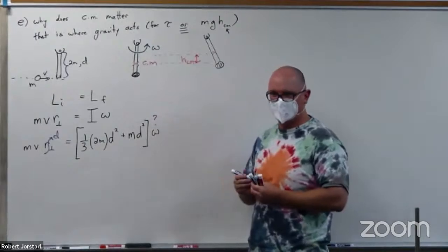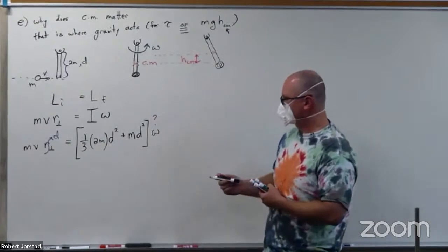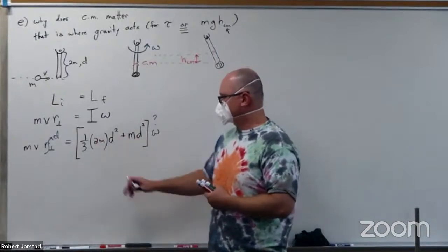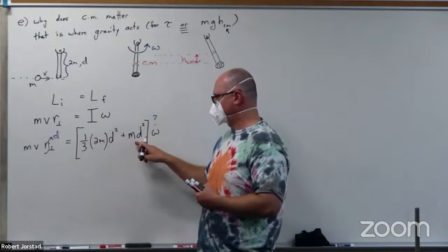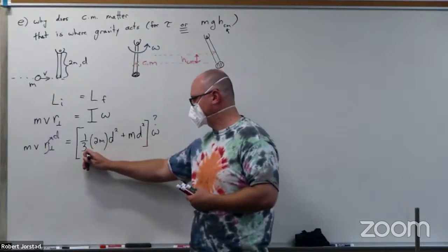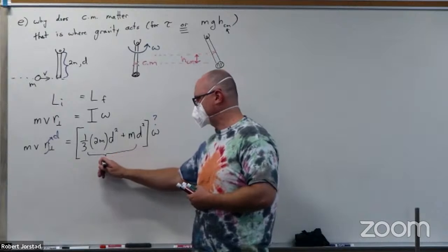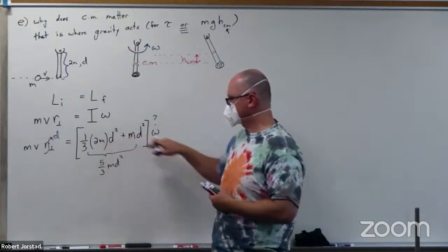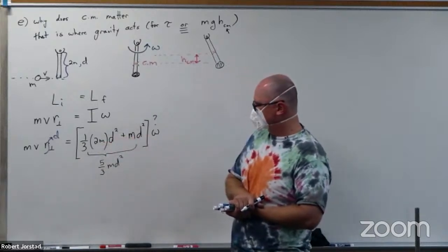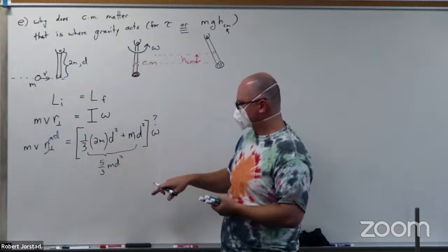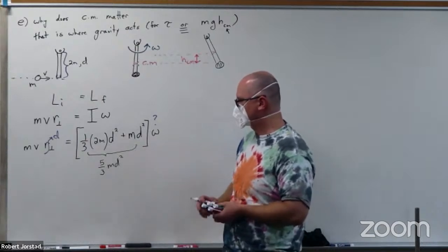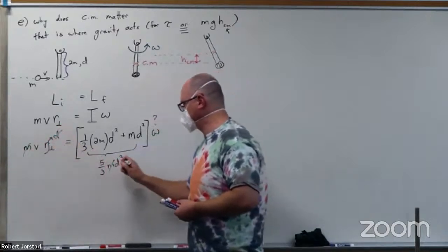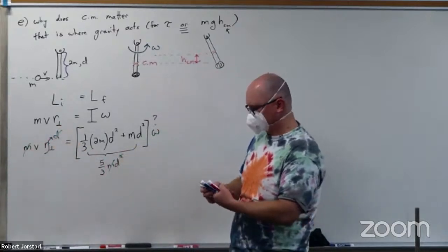Agree? Wouldn't it make sense to clean this up a little bit? This is going to be 2/3 md squared plus md squared. Isn't that 5/3 md squared? Double check that for me. Is that right? 2/3 plus 3/3. Yeah, I think that's right. Notice what's going to cancel: one of the d's. And so we get